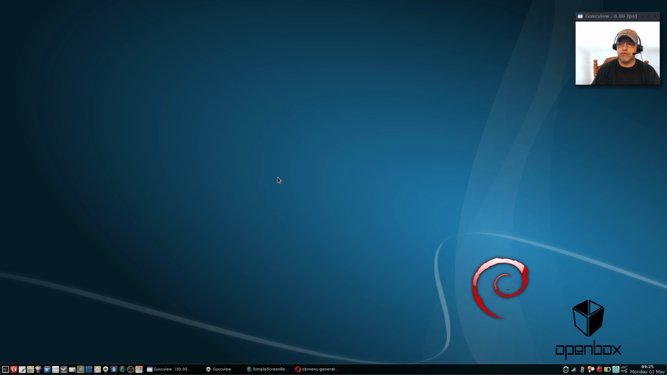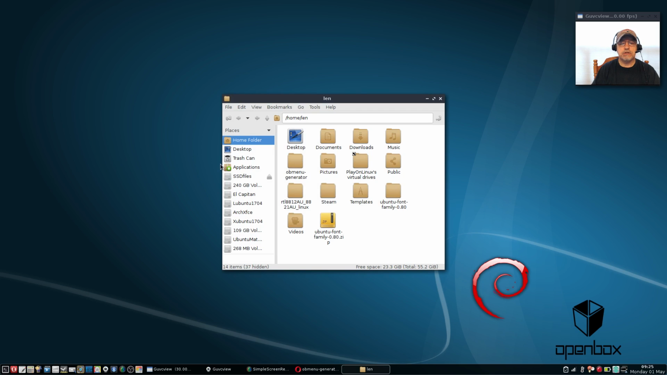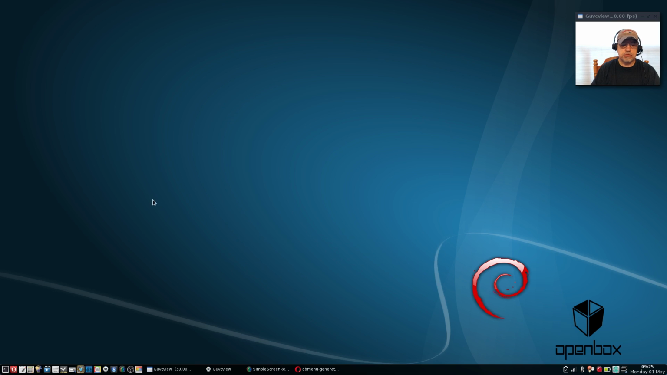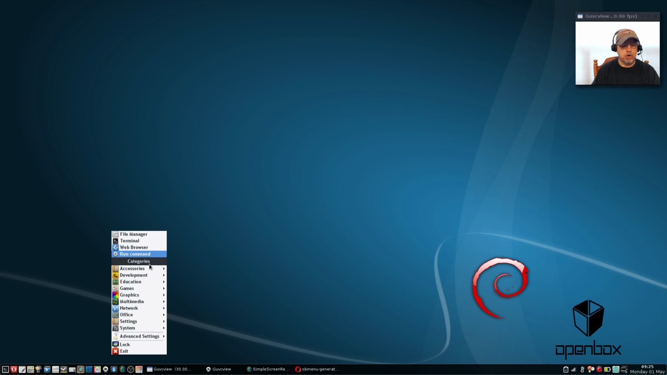Now, if you want to add new themes, you can see that I have added a few themes. If I go into my file manager and I go to my downloads folder, you can see I've got Openbox themes. Now, Openbox themes are designated with an OBT suffix. So if you download an Openbox theme, all you need to do, you put it in your downloads folder, make sure it has a .obt suffix. Then all you need to do is open up